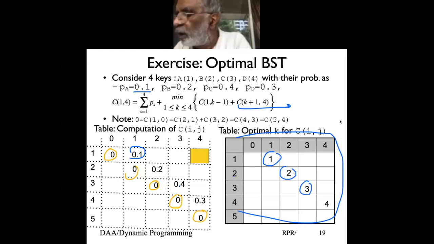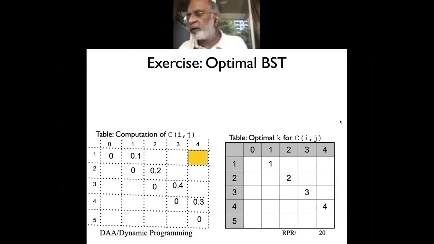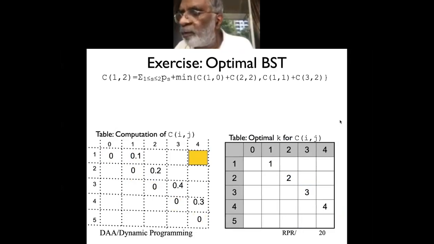And now we start looking at it slowly, one at a time, figuring it out. Our job is to find C14. This is what we really want to find, but this will depend upon this plus this, this plus this, this plus this, this plus this, and this plus this. So let's look at how we really find it out.